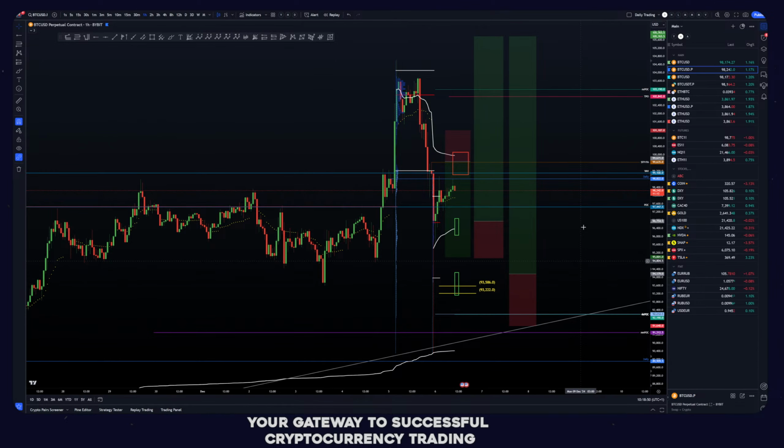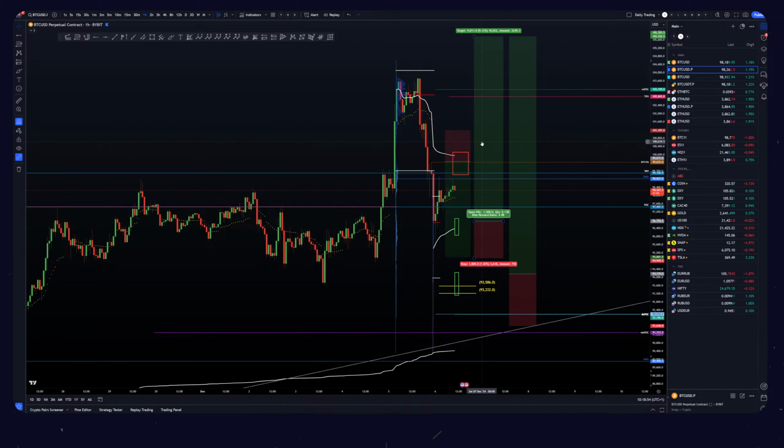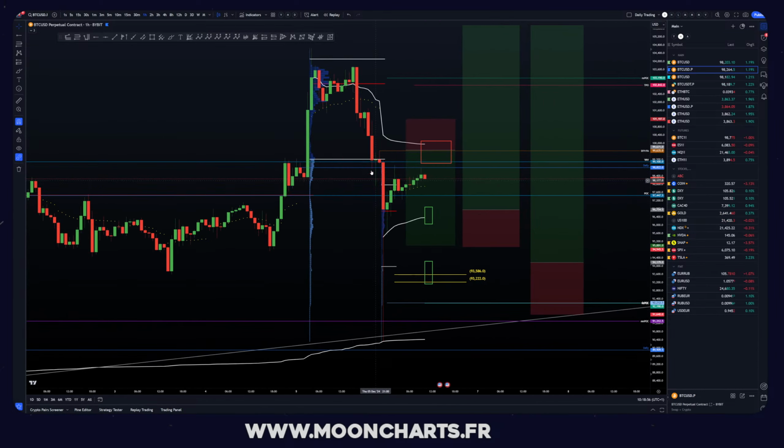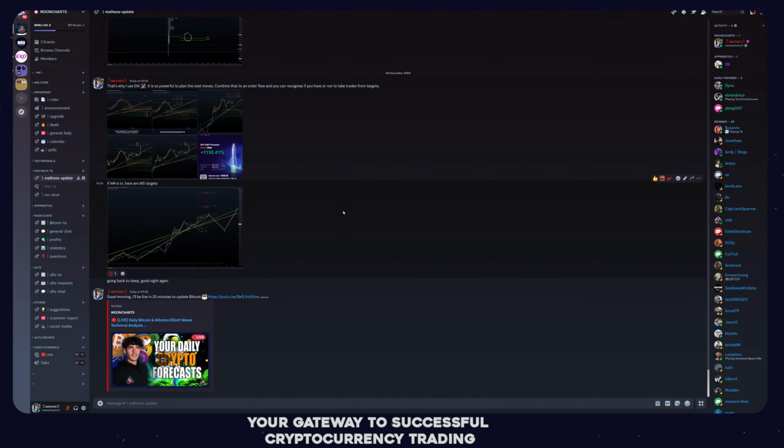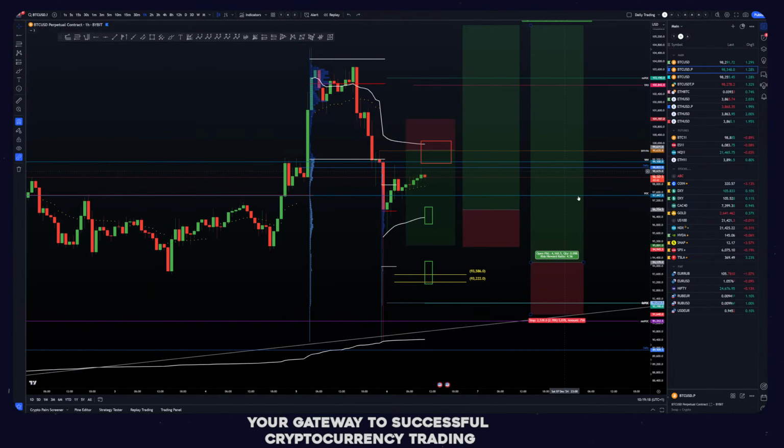Bitcoin, here is a plan. We have the short, we have the long. Just something to note here is, as I said, if you do get the rise and maybe the short directly, the targets for the long are going to change. So I'm going to update you in Discord. I'm going to simply post the chart in there to update the levels.